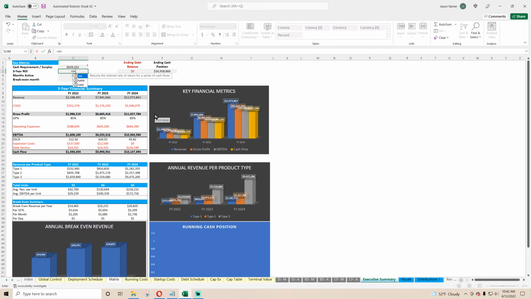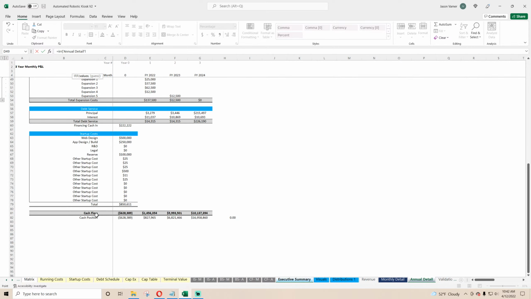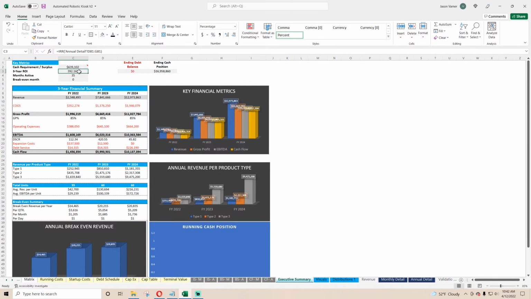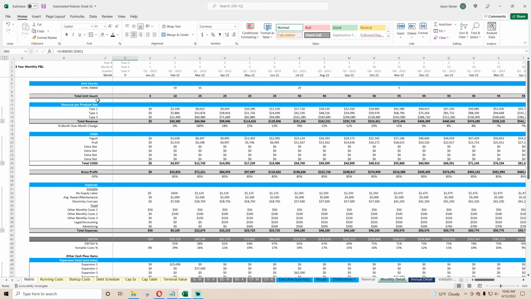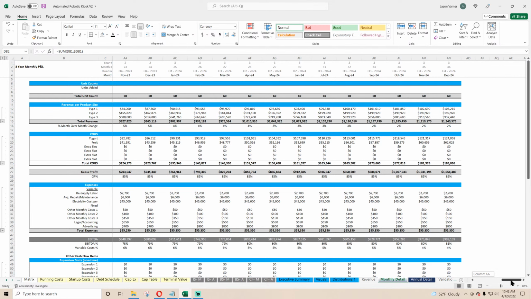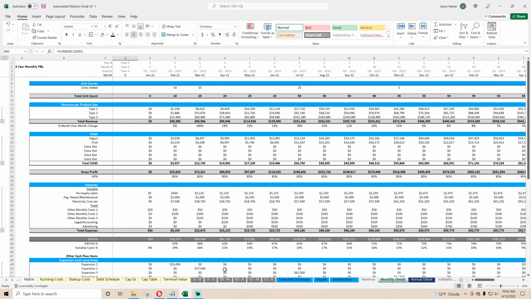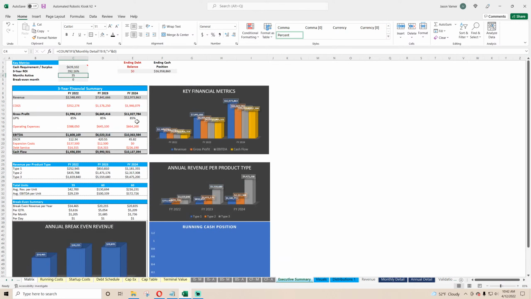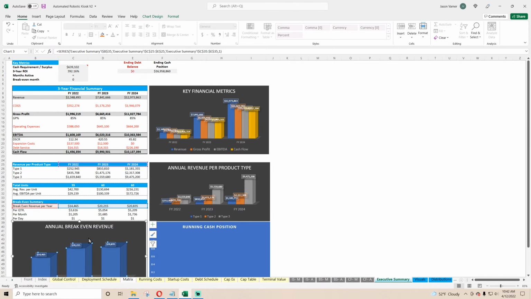We can do an IRR calculation, though. We can just do IRR of this. Active months. Let's see, is that right? Month if 9 is greater than 0. Nope, we'd have to do, honestly, active months. Let's see. We could just do,